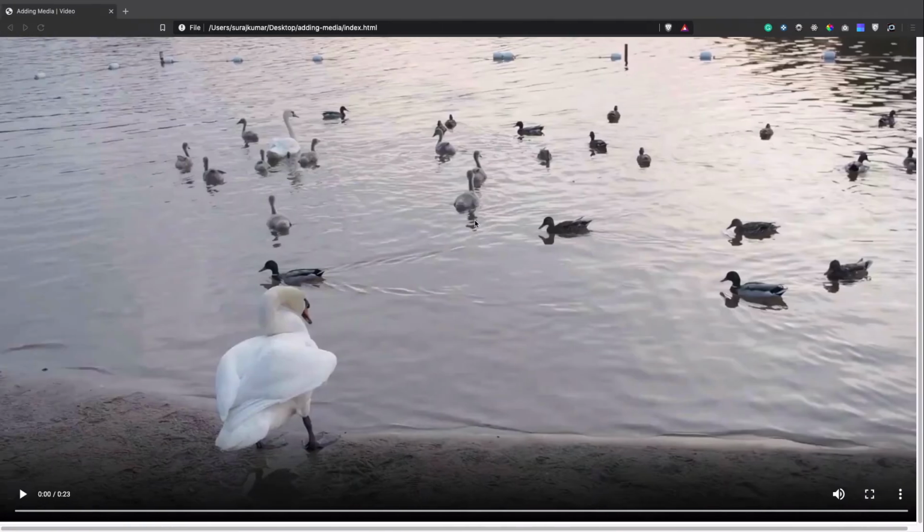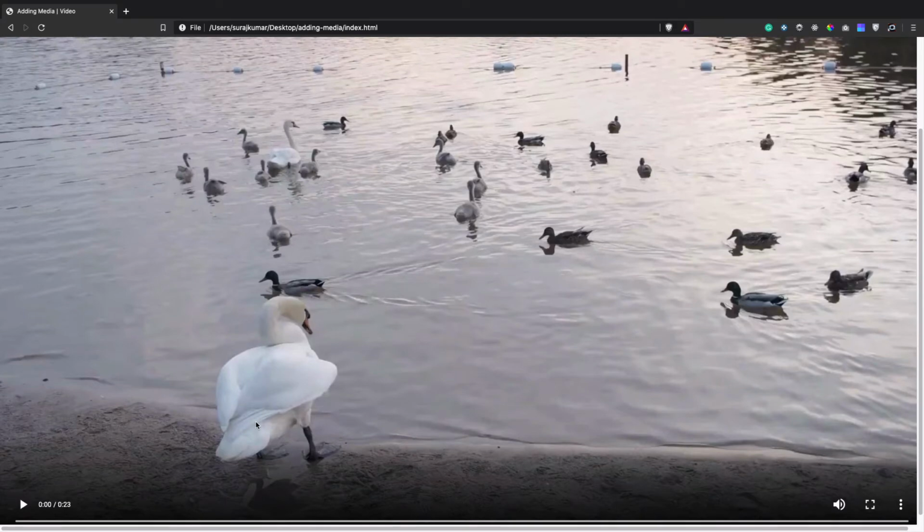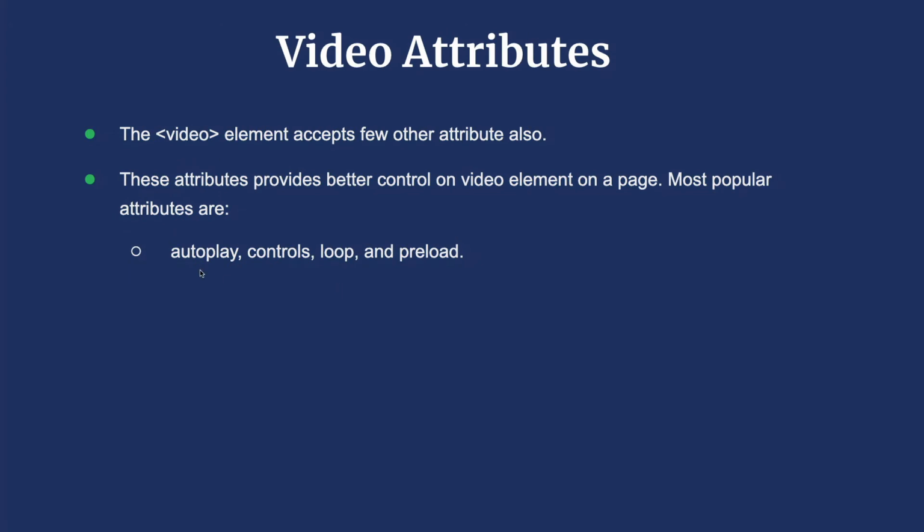Save it, give it a refresh. The metadata value for the preload attribute inside the video element is in between none and auto, because it does not preload all the information about the video but few information, for example clip path's length, that we can see 23 seconds. Alright guys, apart from all these attributes inside the video element, that is autoplay, controls, loop and preload,